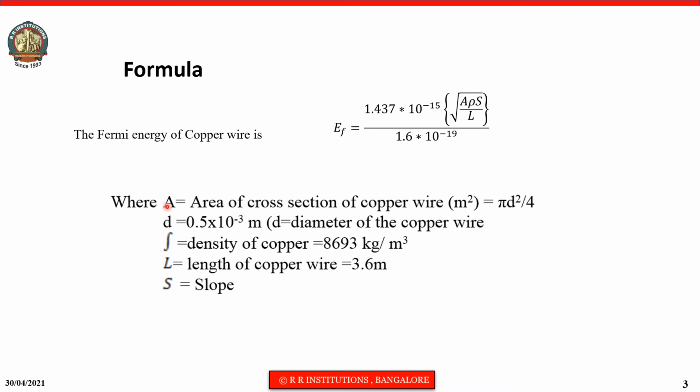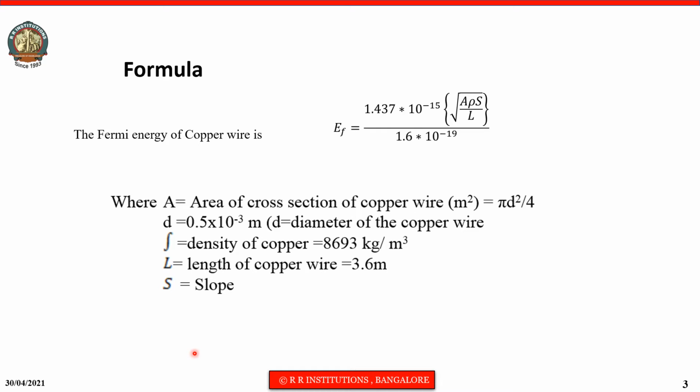and area can be calculated using the formula pi d square by 4, where d is the diameter of the copper wire. In our laboratory we have a diameter of 0.5 millimeter, that is 0.5 into 10 to the power of minus 3 meter, and the density of copper is 8693 kg per meter cube. The length of the copper wire which we have used is 3.6 meter, and S is the